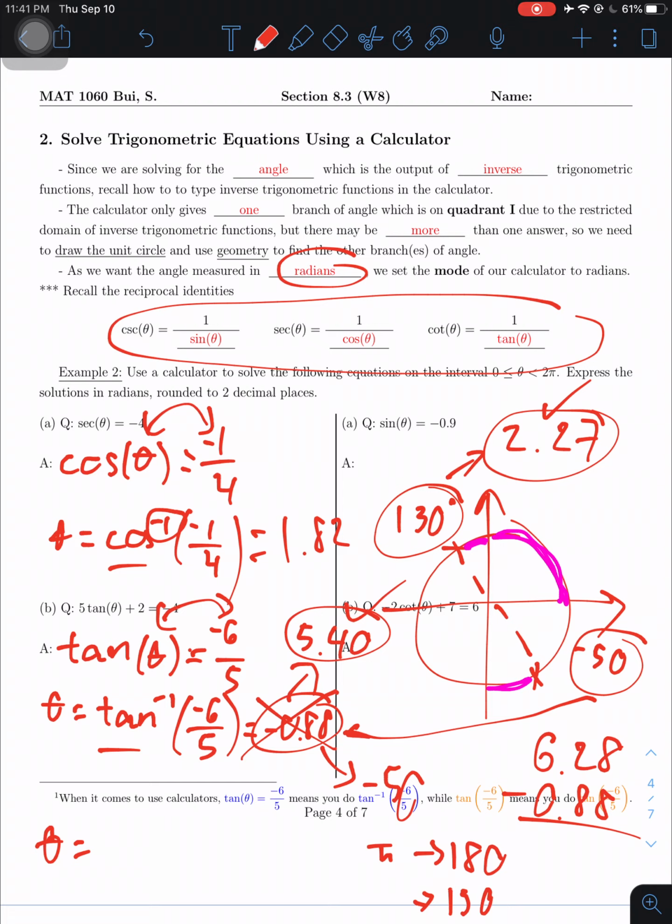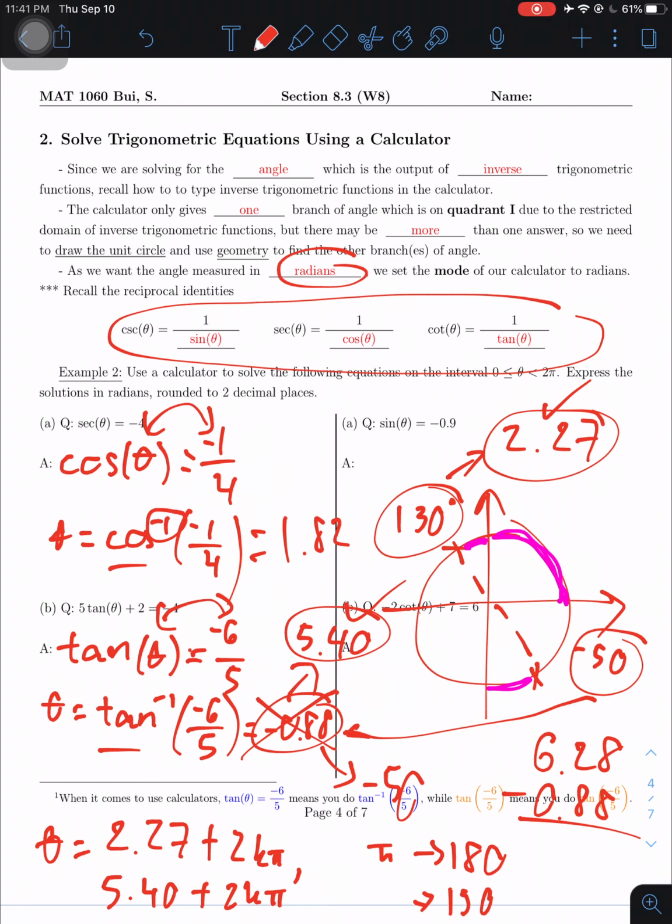And what is it? We're gonna have it as 2.27 plus 2kπ, and the other one as 5.40 plus 2kπ. And earlier I forgot to mention with you, like for the other problem, it's not stopping at here,